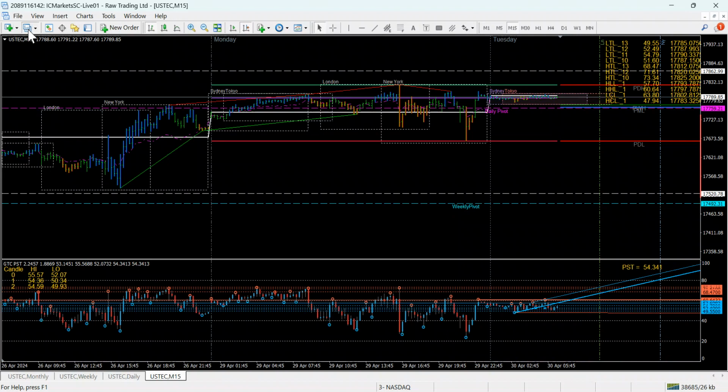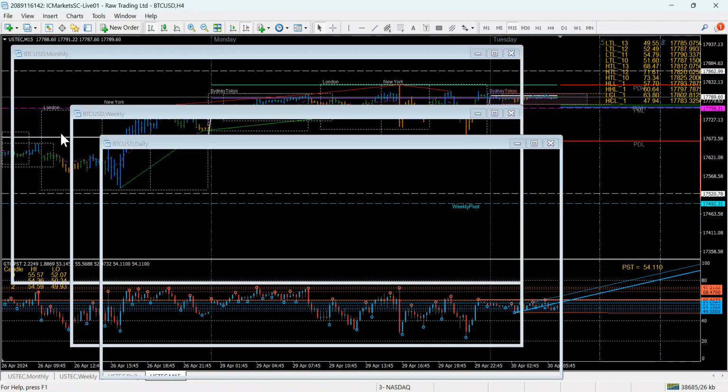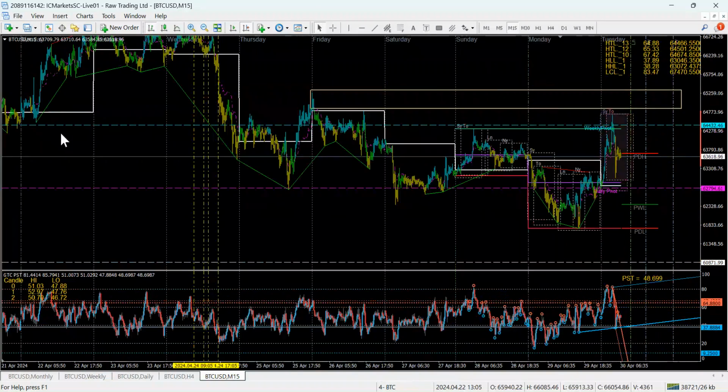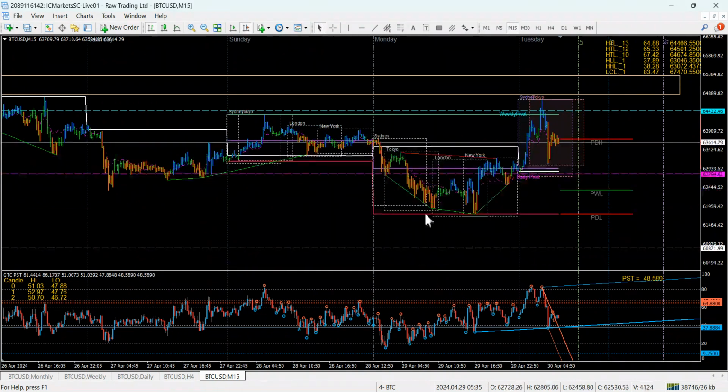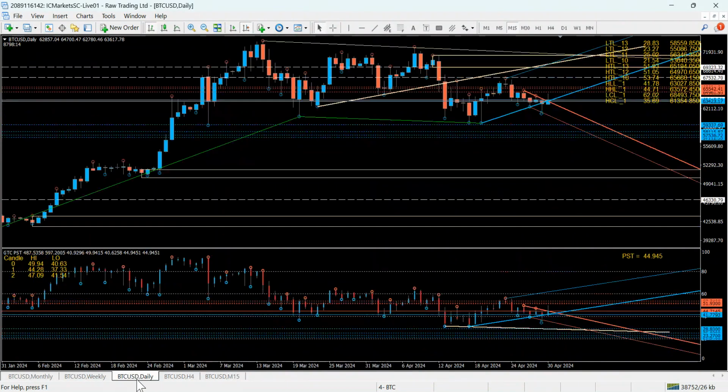Okay, let's take a look at Bitcoin. Okay, here's Bitcoin. We talked about yesterday, if the market goes up, you can sell again. It's done that today. Okay, obviously no selling the lows, like I said. This is in consolidation mode. These levels are buy levels, and the higher levels are sell levels. So right now, there's nothing to do here. If it goes up a little bit more,